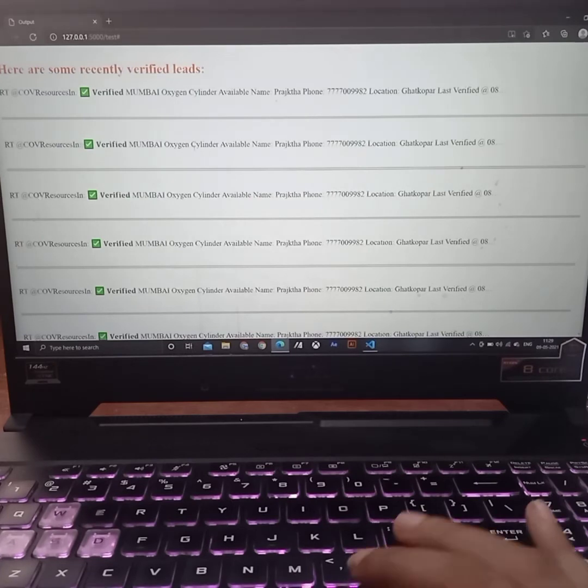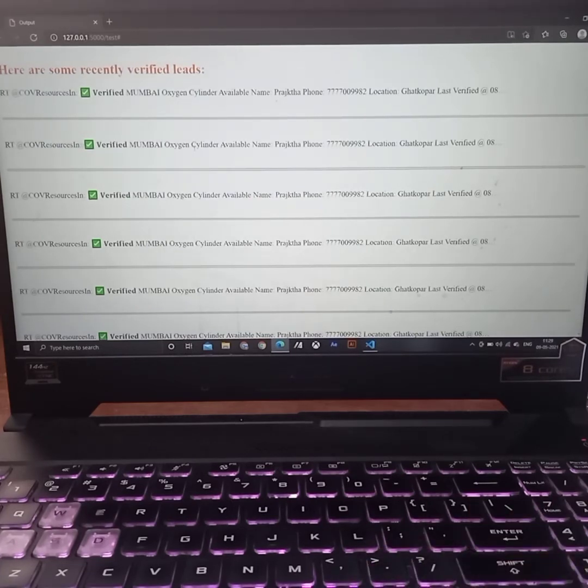Here we have the verified leads in Mumbai for oxygen cylinders.